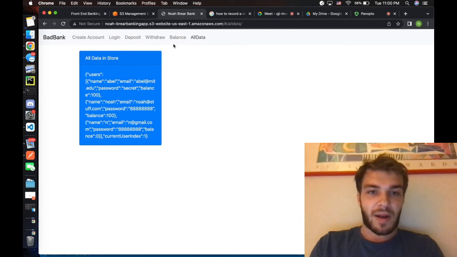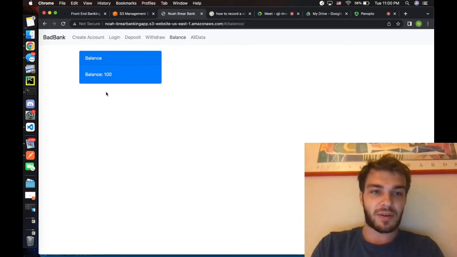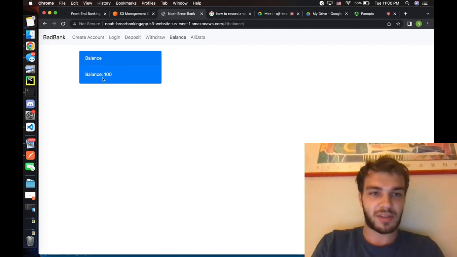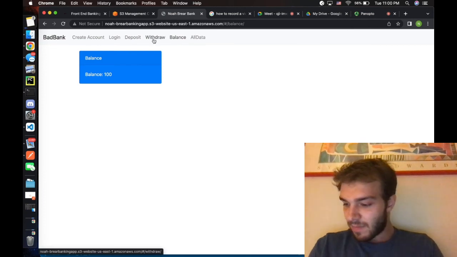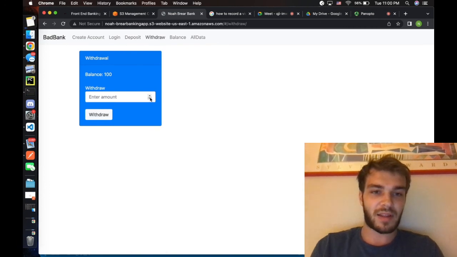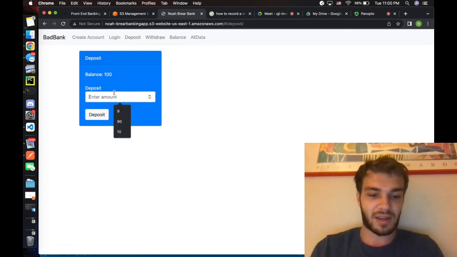I also created a balance page, which only shows the current balance, and it has no way to change it on it. It's very simple, and it's just to show the user what their balance is without feeling that they're accidentally going to click on something. Finally, I changed the input fields on the deposit and withdrawal forms so that they are numerical, and that I can use this up or down key for each, and also it does not allow for